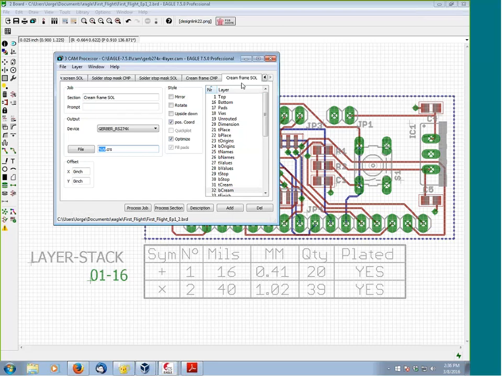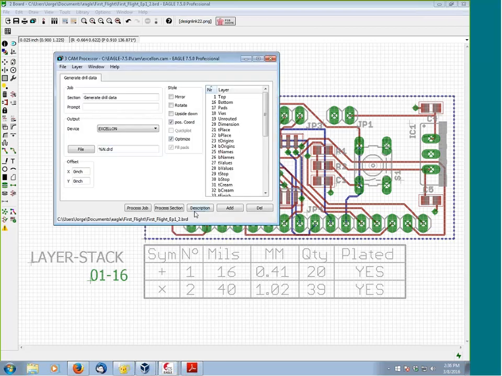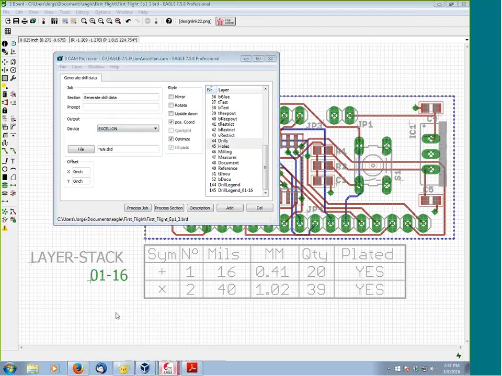The final type of file we're going to generate is the drill file. Okay, and it's actually pretty much through the CAM processor, it works the same way. We go File, Open Job again, and we select Exelon.cam. Okay, this one is ready to go. It just has this tab. The layers are appropriately selected, drills and holes. And we go ahead and just hit Process Job. Okay, and it automatically created it. If we go back to the Eagle Control Panel,